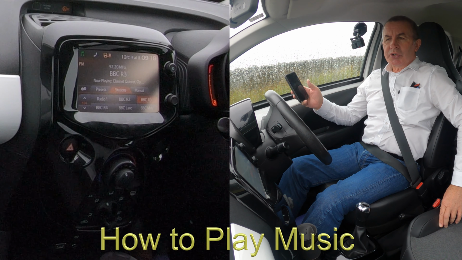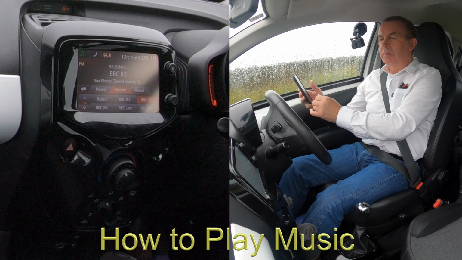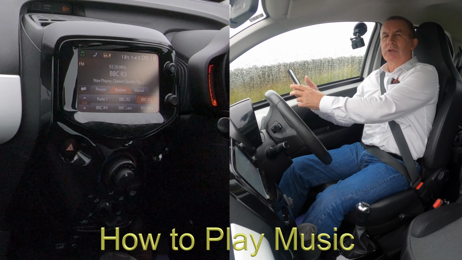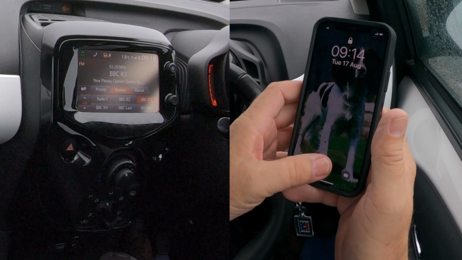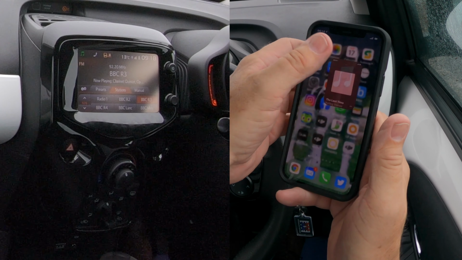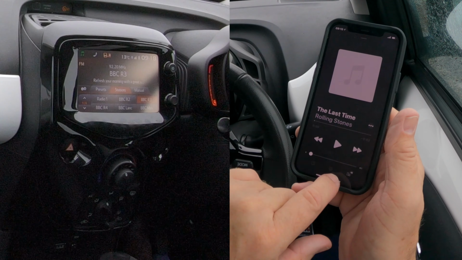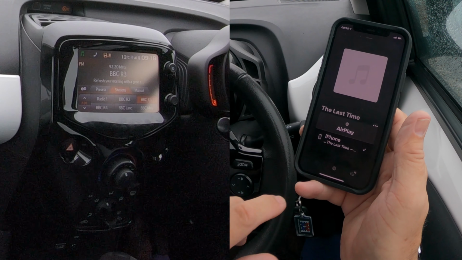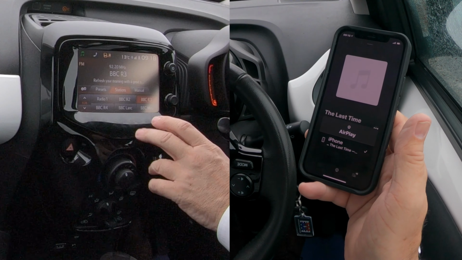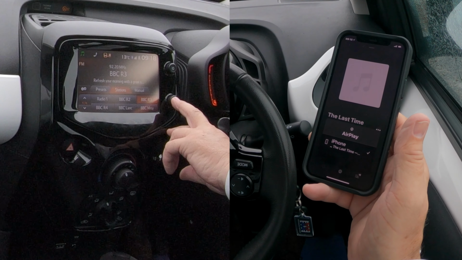Okay, I'll just show you how to stream music through the Bluetooth audio system in this 2014 Toyota AYGO. If we go to your music app, you'll see there, click at the bottom there, you just see iPhone. So if we go over to the system, click on the menu button, which is this bottom one,